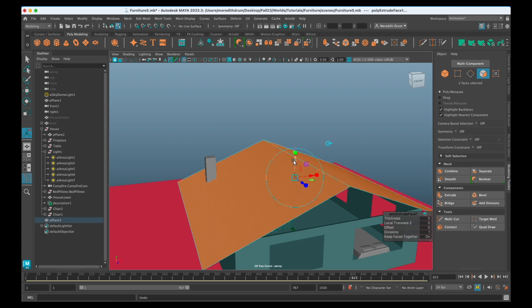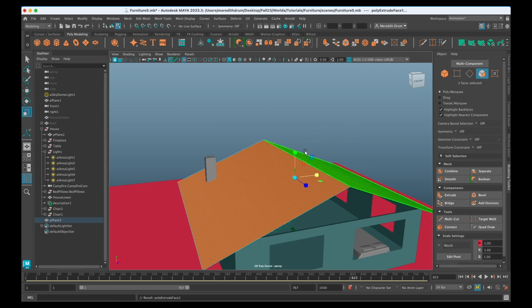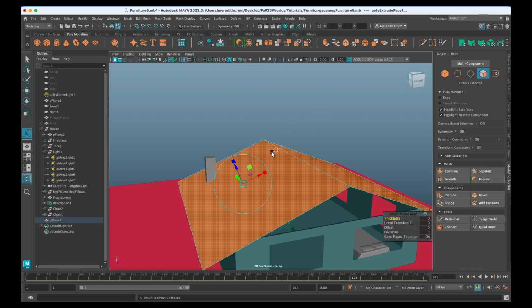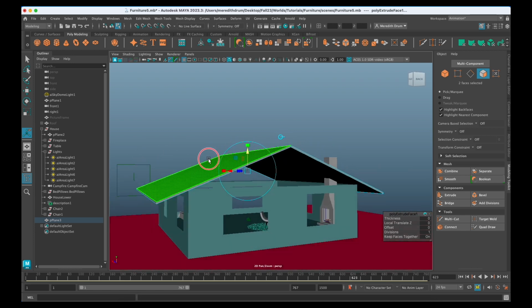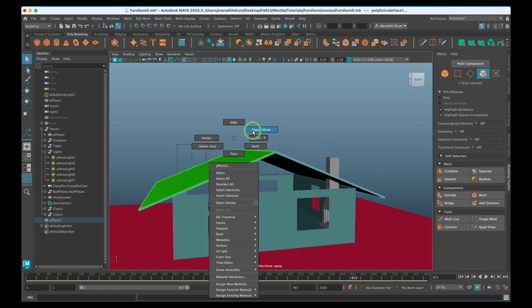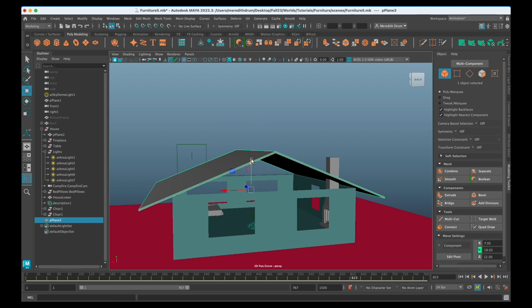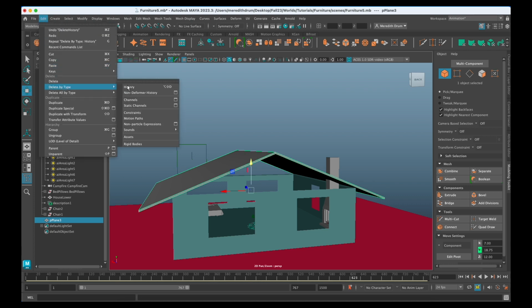The other thing you could do, I'll just undo that, extrude, and then you can just press scale and kind of scale it up. Actually, that doesn't do it evenly, so let's undo that. And let's just do it the way I did it before. So extrude from the center and extrude up, and you can see it's extruding evenly across the object, okay? And after you do that, you can also play around where it is in space if you wish. And you can also delete its history here, and if you don't see that there, you can go to Edit, Delete by Type, History.